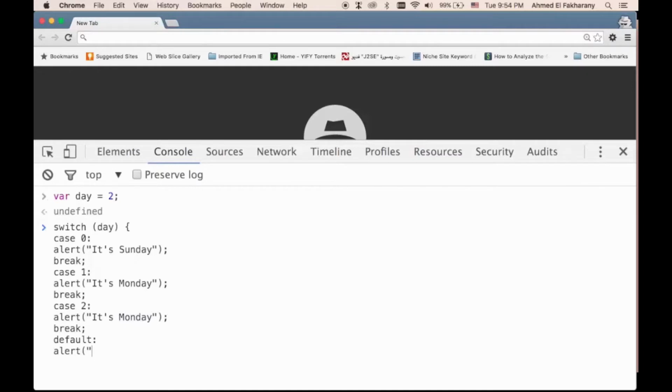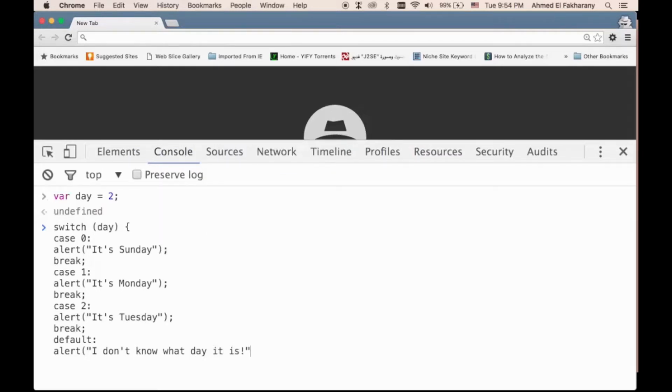It will work if all the above conditions have failed, and this is the same thing that happens in switch statements. If all the conditions that preceded have failed, if it is not Sunday, Monday, or, I'm sorry, let's change this to Tuesday. Okay, if it is not this, or that, then let's say